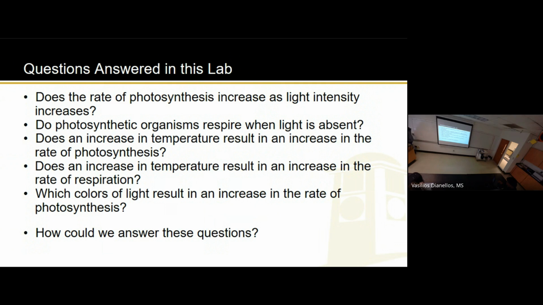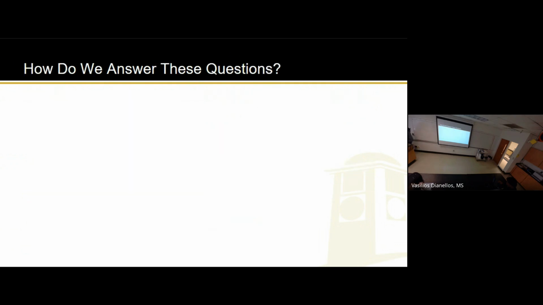So here we go. Question is, how are we going to answer these questions? So for example, forget what you see there, and hopefully you've already looked at this, but it's okay if you haven't. But if you have already looked at it, pretend you haven't. If we had all semester, for example, to figure out which colors are best for plants when it comes to photosynthesis, what kind of experiment could we do? If we had the full semester to do it, what would you do? Like if we started it on day one and then collected our last data on the last day of class, what's an experiment we could do to see which color of light is best for plants, so to speak?